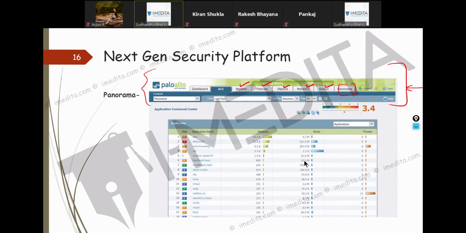Obviously there won't be Panorama, but the dashboard, ACC, all these options are available on the Palo Alto firewall as well. So when you have a hold of managing the firewall UI, you can easily make policies on Panorama as well, because the learning curve is not different. You don't have to learn a whole new user interface to get to know the configuration of Panorama. Okay.